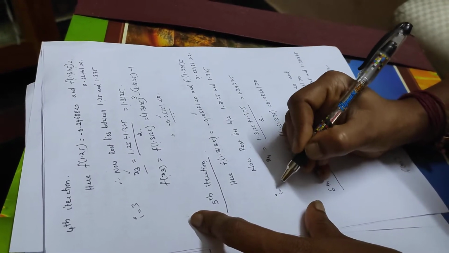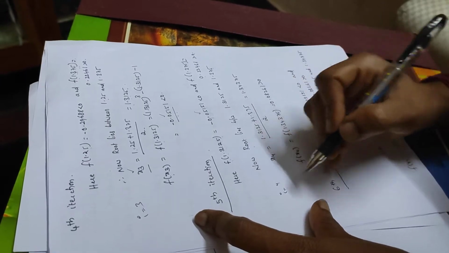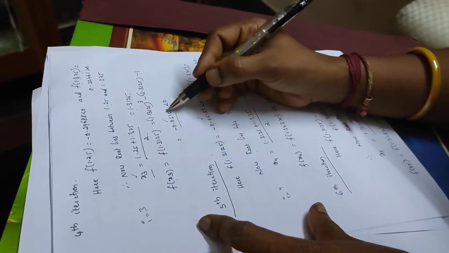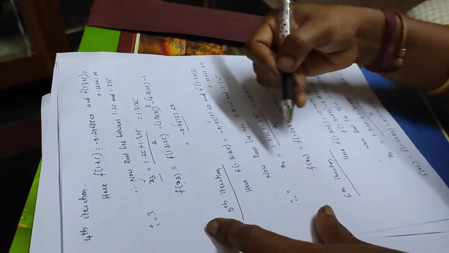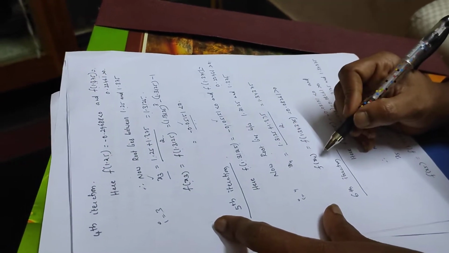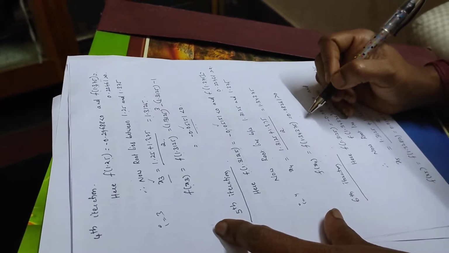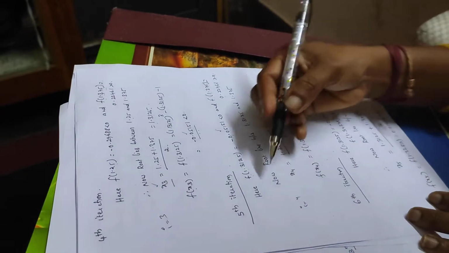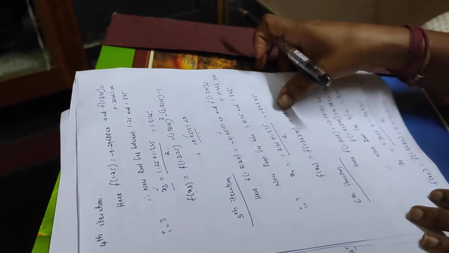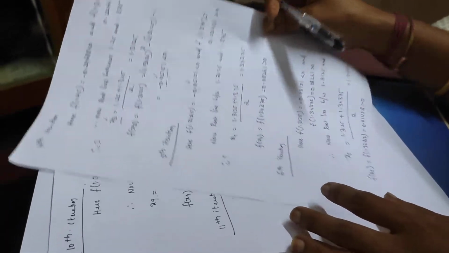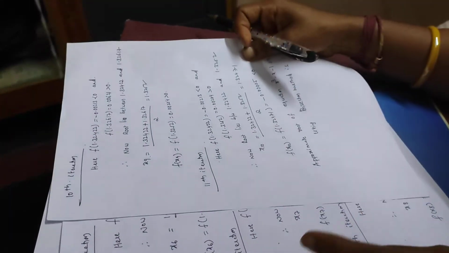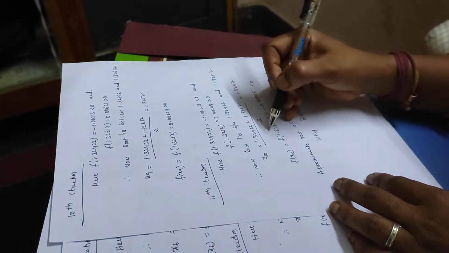So now i becomes 4. Why didn't I stop this algorithm? Because my f of x value is not 0. You have to repeat the steps until you get either your f of xi value as 0, or f of xi reaches an approximate value. So for that I can continue the iterations. In every step I do the same thing. I did almost 11 iterations.